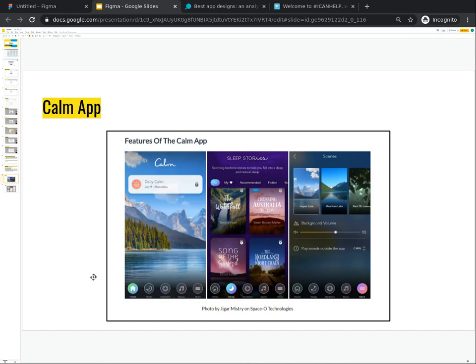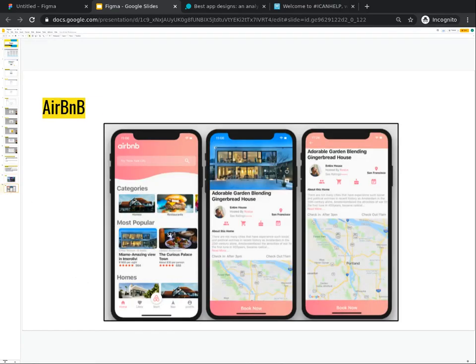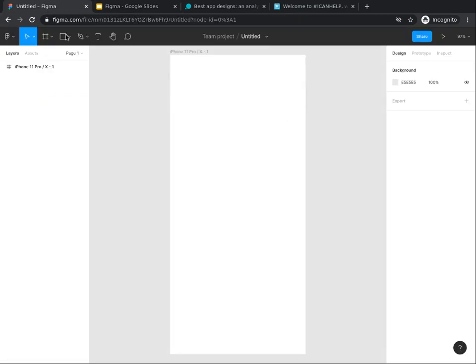Now take a look at the Airbnb app. The first page of the app is broken up into sections based on themes, and there is a search bar at the top. On other parts of the app, there is interactivity with the map and icons to choose, along with the static Book Now option at the bottom. If you guessed they used the constraints option to make it stay in place, you might be right. Let's get started on designing your app.